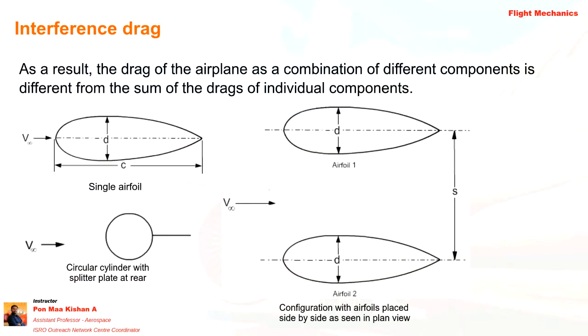Okay, so for an example we have given over here. If you are using a single airfoil with a thickness of D and a chord of C, there won't be much difference if you are using a single airfoil for the wing. But if you have two different airfoils, where one airfoil has high thickness and the other has a different thickness, airfoil one and airfoil two, then the wing itself will produce different types of vortices along the span.